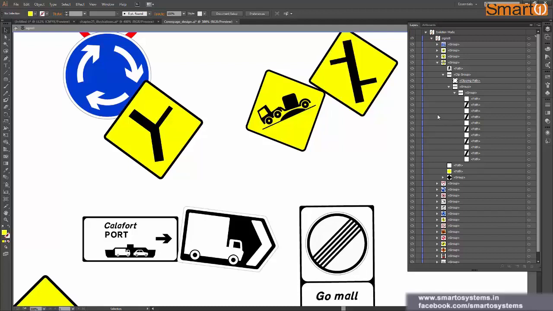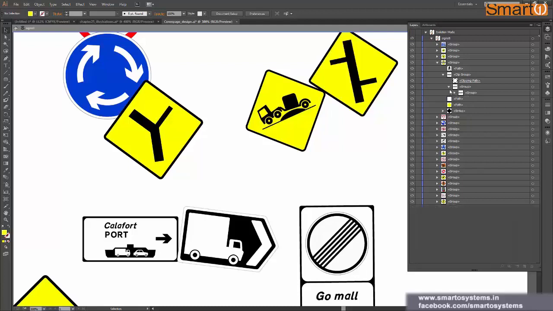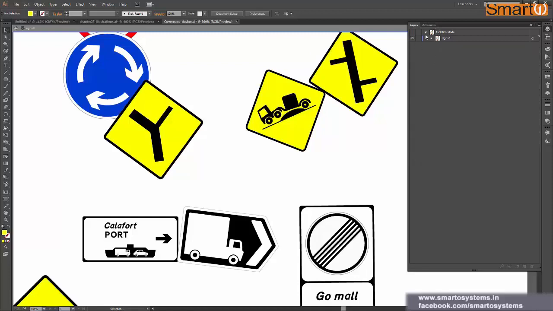And by looking at it, you can imagine how much control and how much information you get from this panel. So this is actually a useful panel. Just don't ignore the layers. You will be using this a lot, because especially in projects like this, or in a file where you have to stack so many things one above another, the layer is the best choice for that. Okay, so we have seen that.